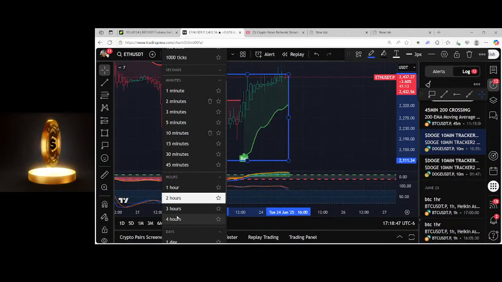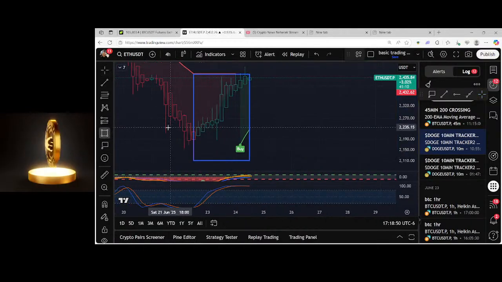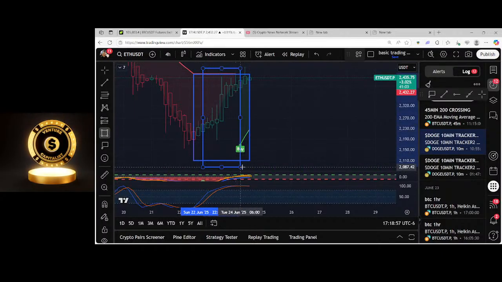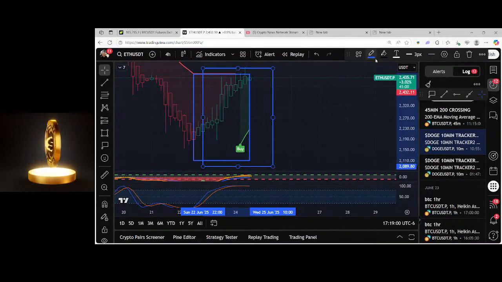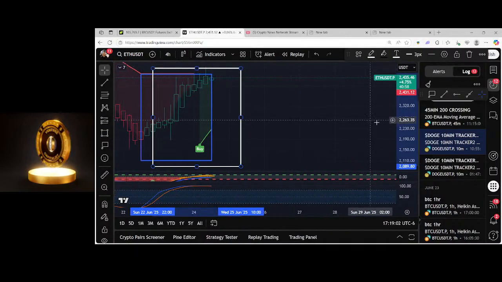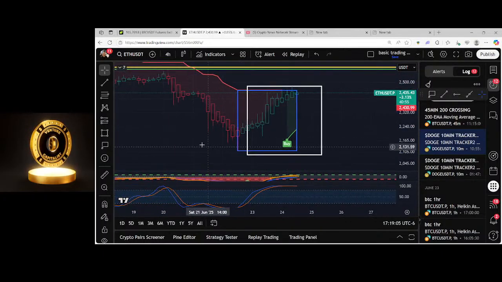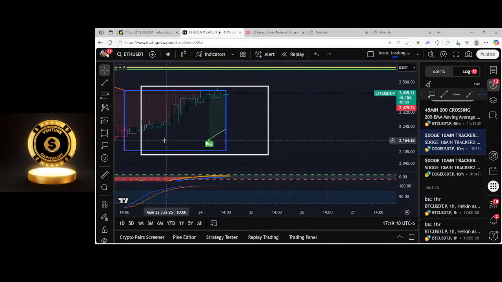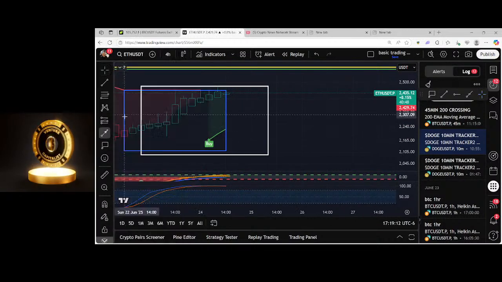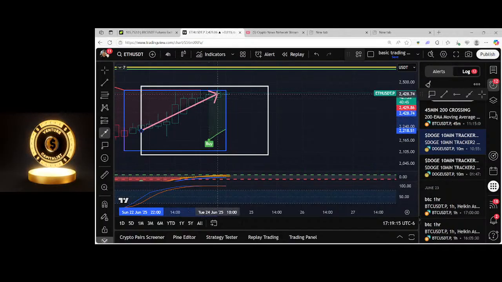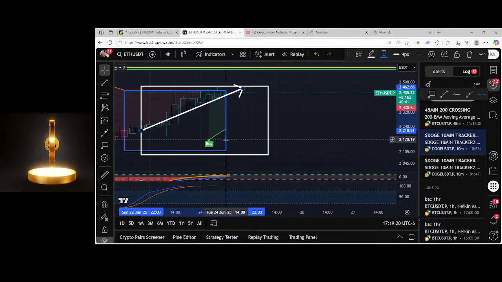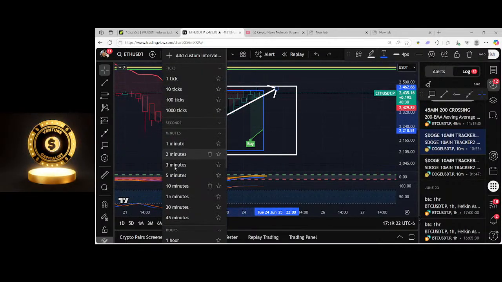I'm going to join my 4 hour box, and I'm going to draw that out real quick, which is basically the 4 hour breaking across the 20, which would be right here, and then it hasn't broke the 80 yet, and that's going to be our white box. So same scenario, these are our boxes here. Blue box lets us know there's a trade coming, and the 2 hour, the 4 hour lets us know that we're in a good scenario where we want to make our trades, and that's where we would extend ourselves in that upward position there. Okay, so now let's jump over here, take a look at the 15-minute,